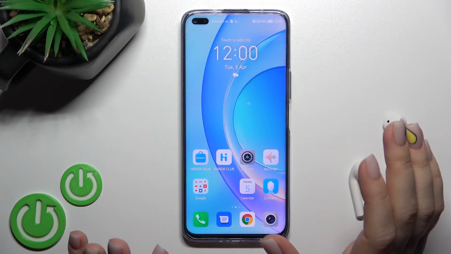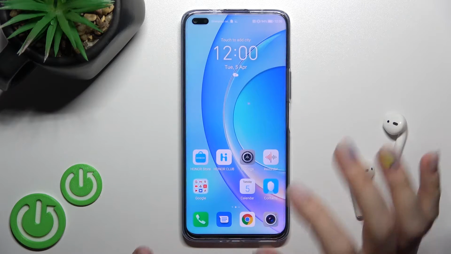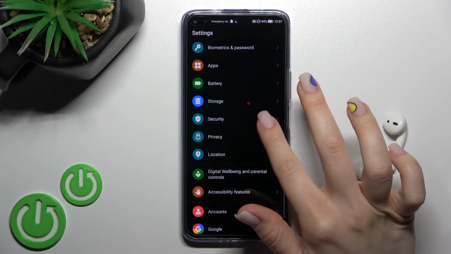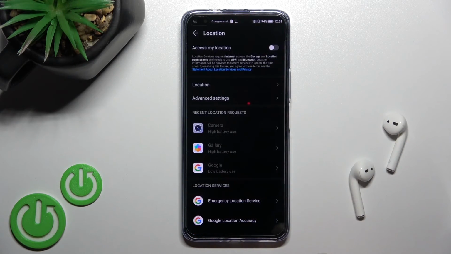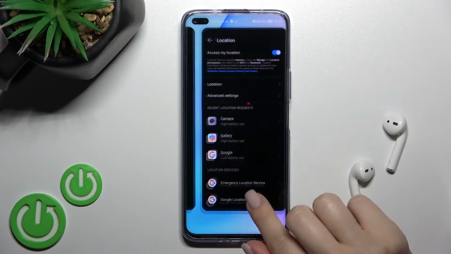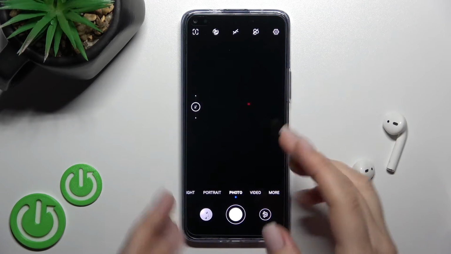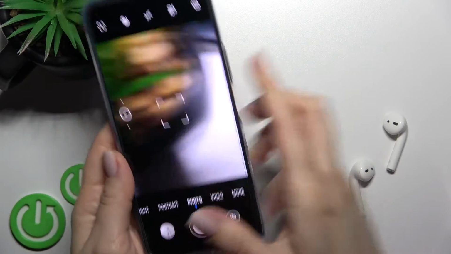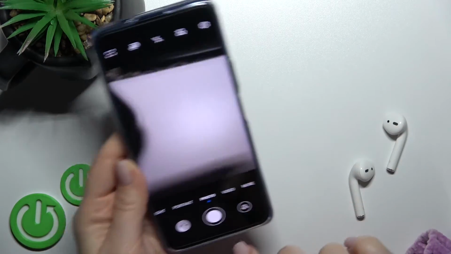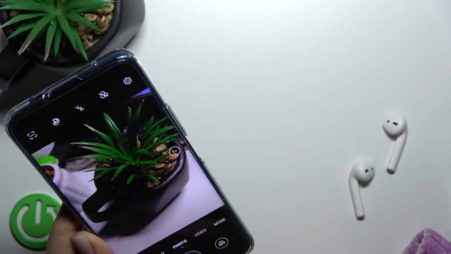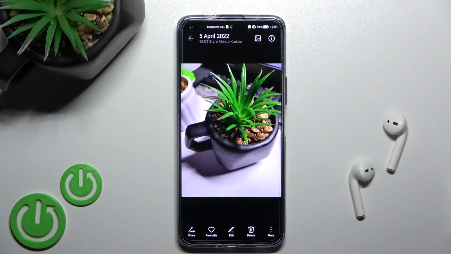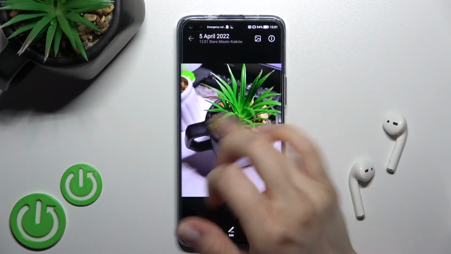So first, when you want to activate the location text, be sure that the location on your device is activated. Now we'll go into the settings, click into the location section and activate location on your device. Now when we go back into the application, we have the location text activated in the settings, and when we take the picture, we can see that the location is activated on our